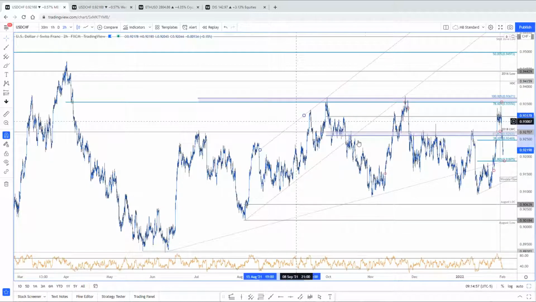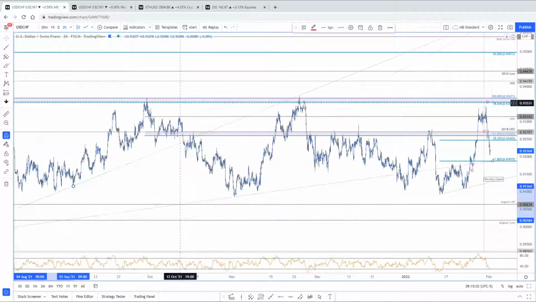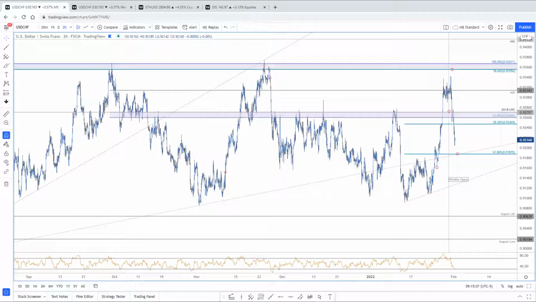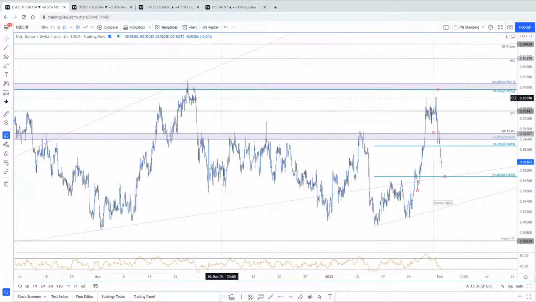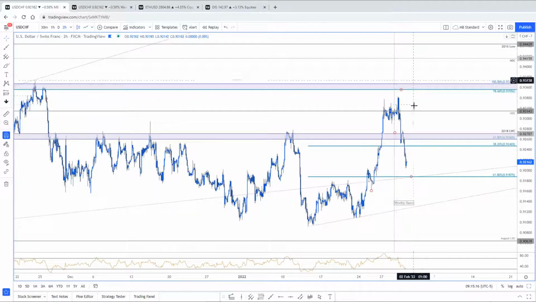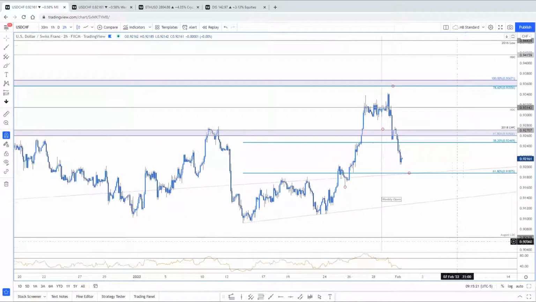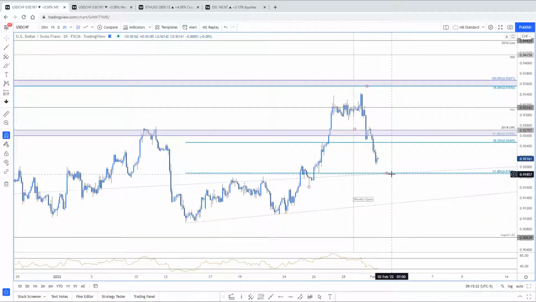Let's sort of clean this up. This is the 786 to the drop. Didn't quite make it there. Resistance, resistance, resistance. Looks like a raised ceiling, which is a turn right ahead of resistance. A lowered floor is a turn right ahead of support. That's your prima facie. That's an exhaustion trade, right? 91.87 is going to be your first level of support. I'd be looking for a reaction there.